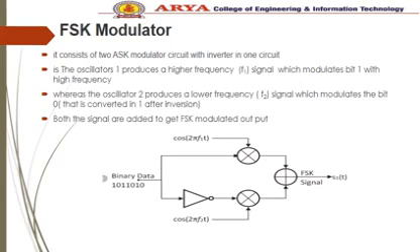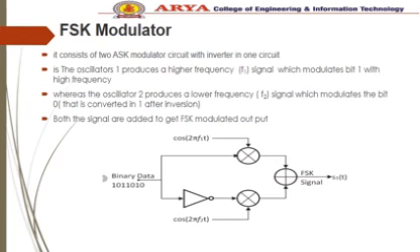The FSK modulator circuit is shown in the figure. It consists of a clock modulator circuit, binary data, and an adder circuit. We can see that it consists of 2 ASK modulator circuits, in which one ASK modulator is modulated by the high carrier frequency and the second signal is modulated by the low carrier frequency. But when the data is 0, according to our requirement, the data 0 should be modulated with the low frequency, but if we directly pass it to the switch, the output will be 0.